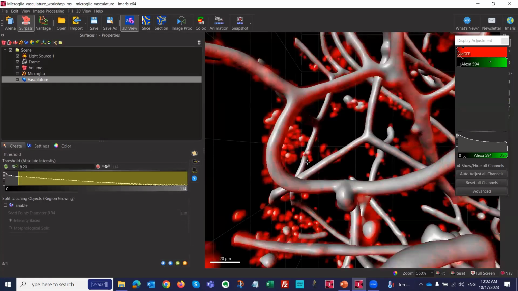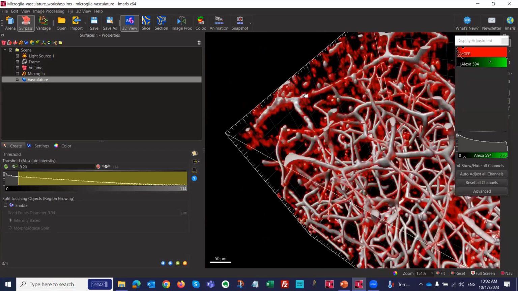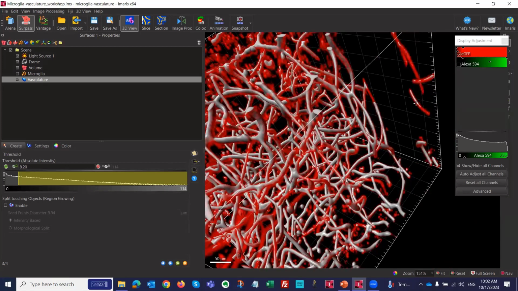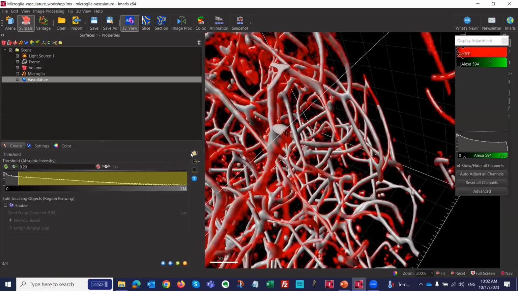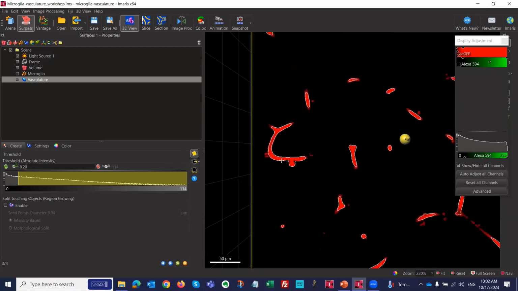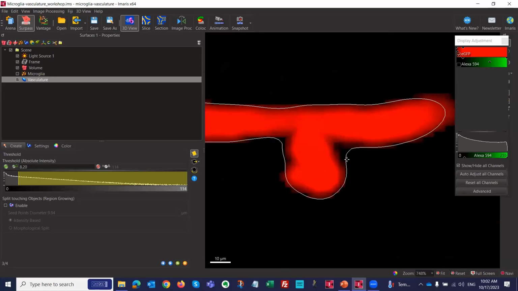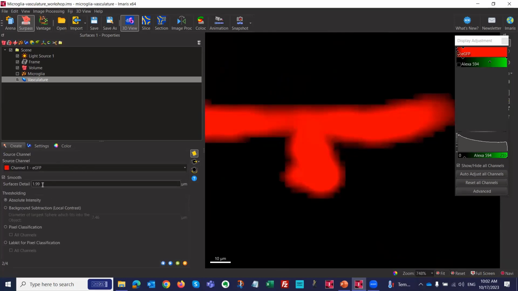In the 3D view, the segmentation looks quite good, I would say. Maybe you can see it is a little bit under-segmented, but that's why we have the 2D view. And I can already see here, you see this one? This is a little bit too smooth for my liking. So this is where I go back and change the smoothing. I'm going from 2 pixels to 1 pixel. And if I go to the next step